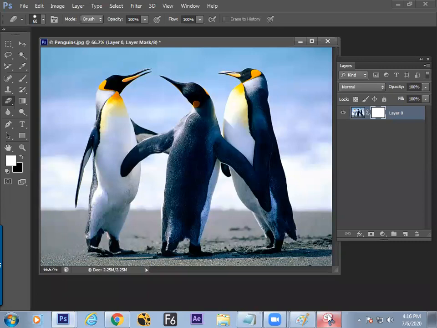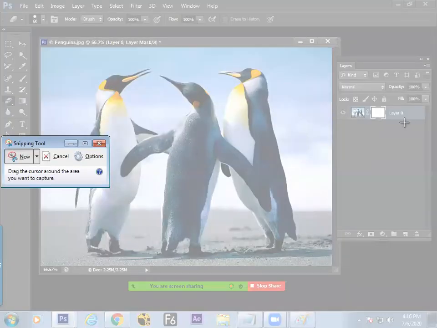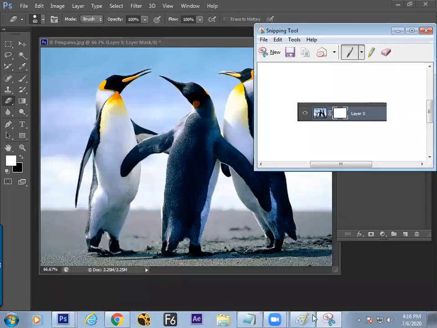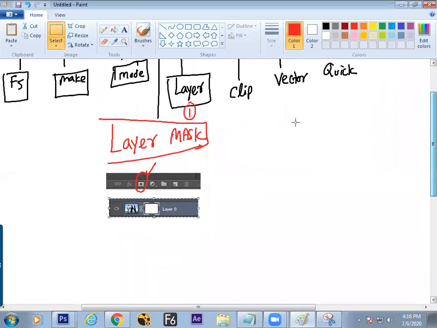Again, the information here on your screen. Now the image and the mask thumbnail. And this is the mask. The image may be in color, maybe in black and white, maybe in any format, but the mask is always black and white.